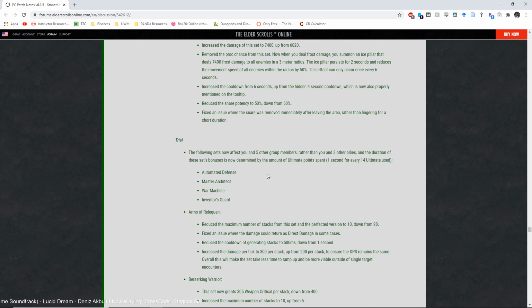Now for trial sets, so Automated Defense, Master Architect, War Machine, and Inventor's Guard now affects 6 people, so you and 5 others. And you get 1 second of Major Slayer or Major Aegis for every 14 ultimate used. So this is the big change to Master Architect here that makes it very powerful on Magicka Necromancers, because if you're using it with the Colossus, you're getting that Major Slayer, you're getting that Major Vulnerability on the boss as well, plus with the amount of ultimate you're using up, you're getting 20 seconds around-ish of that Major Slayer, I